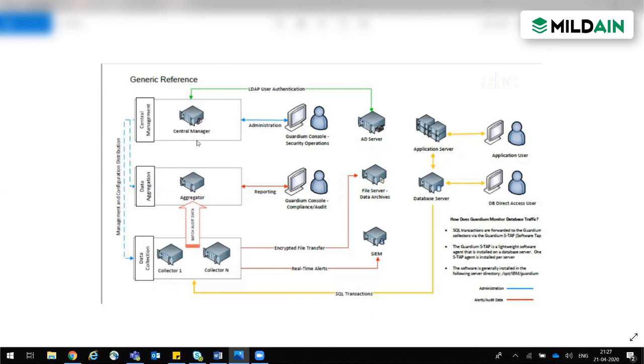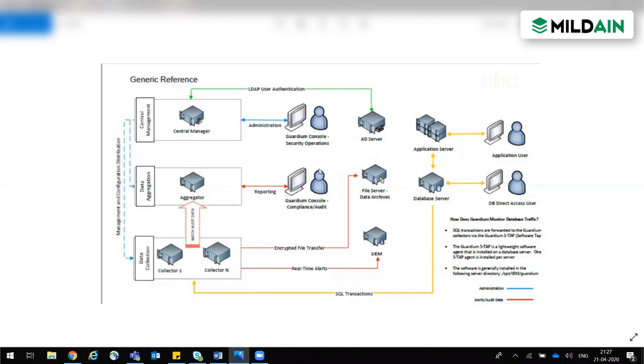Either you can do that locally, creating usernames and passwords locally on these machines, or you can integrate your environment with any AD server. Then whatever username and password you currently use for logging into your system will apply to these appliances as well. I will tell you the benefits of integrating with AD servers and the demerits, so we will cover that part also.